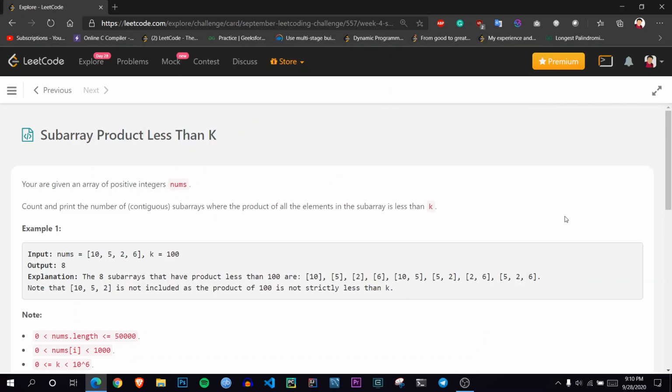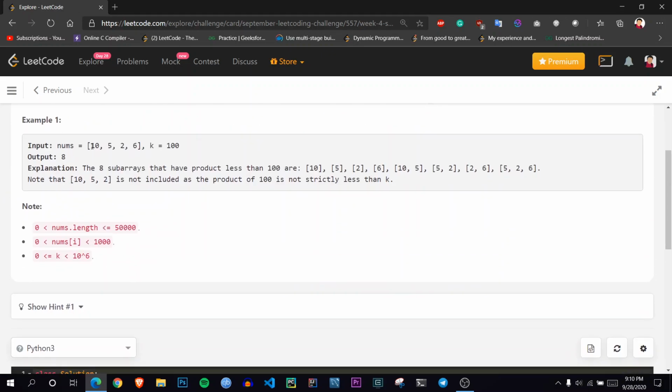Hello everyone. I will be solving this problem called Subarray Product Less Than K, today's LeetCode challenge of September. So let's go to the problem statement. It says count and print the number of contiguous subarrays where the product of all elements in that subarray is less than k. Okay. So we will be given an array like this: 10, 5, 2, 6 and a